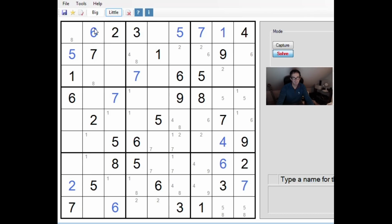Again, it feels like we're very close to the final step here. Just not quite seeing it. Hang on. Now, if we look at column 6 again, you can see that we've got this 4-8